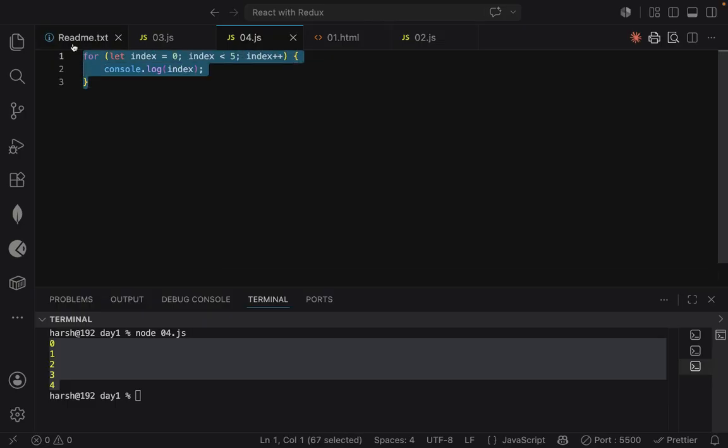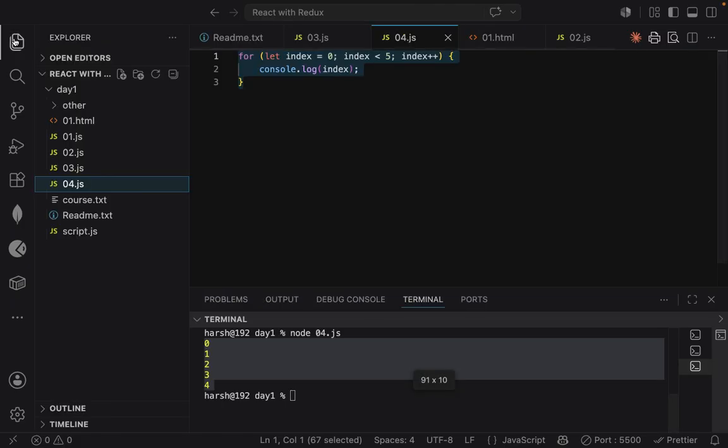So this is how we can use the for loop, where we can just do the initialization, some conditions and increment, and whatever code we want to execute, we can just write the same in the curly braces. Next,